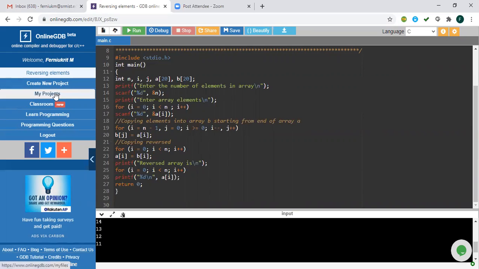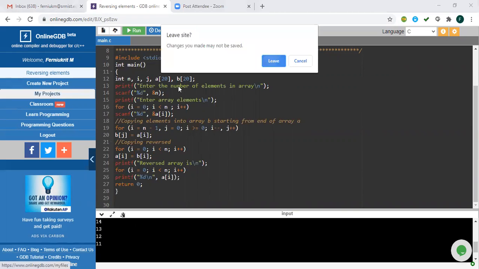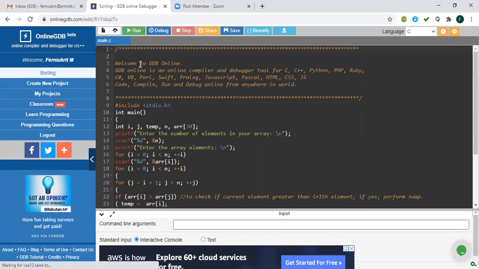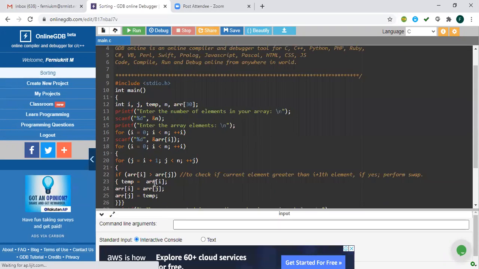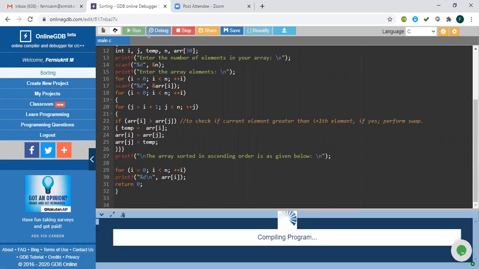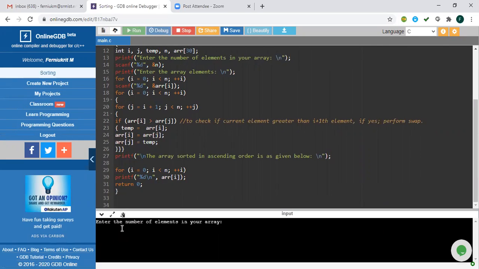The final one is your sorting program. I told you we have used bubble sort. We are using a temporary variable, and based on that we do the sorting. It asks for the number of elements.